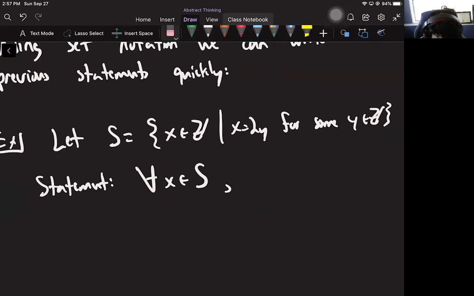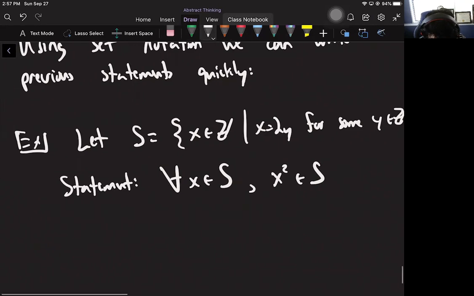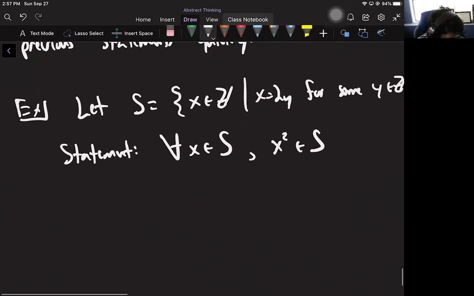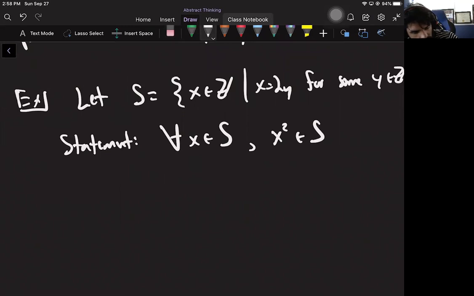I'm mixing up my two examples. For any even number, if you square it, it's still even. So that means it's still in this set. So a very quick way of saying for any even number X, X squared is an even number. So it's good to be able to read statements like this and understand them. Okay,